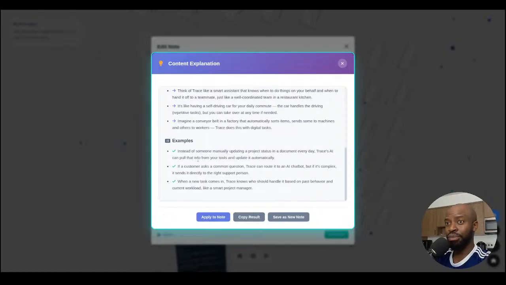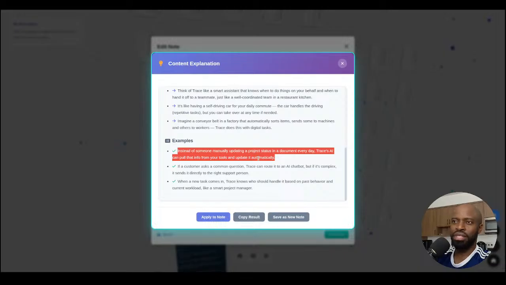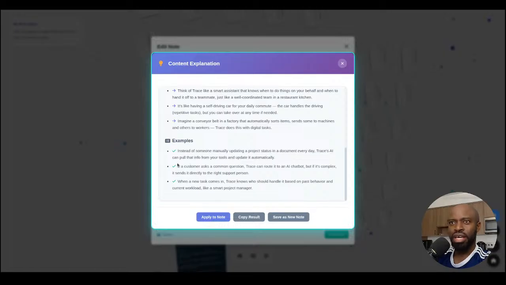Here, you see, because of the explanation now, I see where I can do these particular things. So here it says also, if a customer asks a common question, Trace can route it to an AI chatbot, but if it's complex, it sends it directly to the right support team. When a new task comes in, Trace knows who should handle it based on past behavior and current workload. So